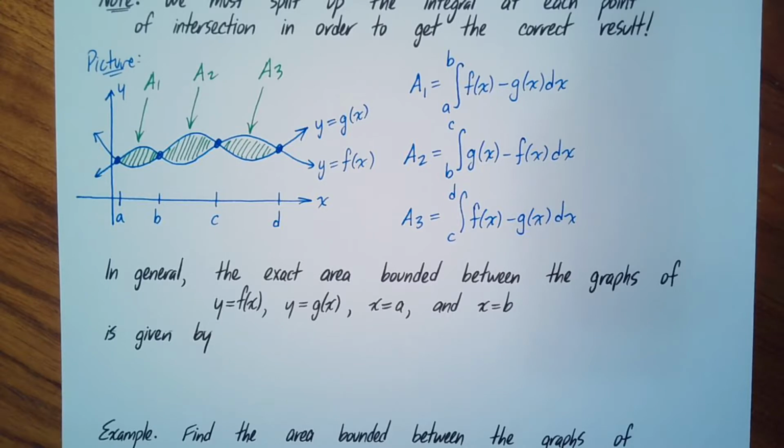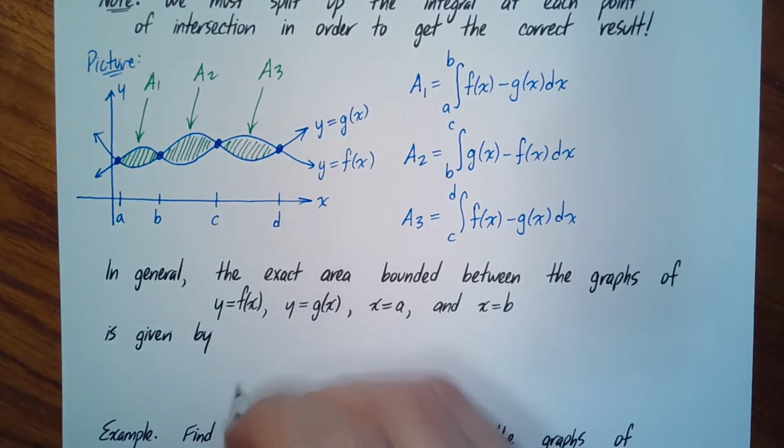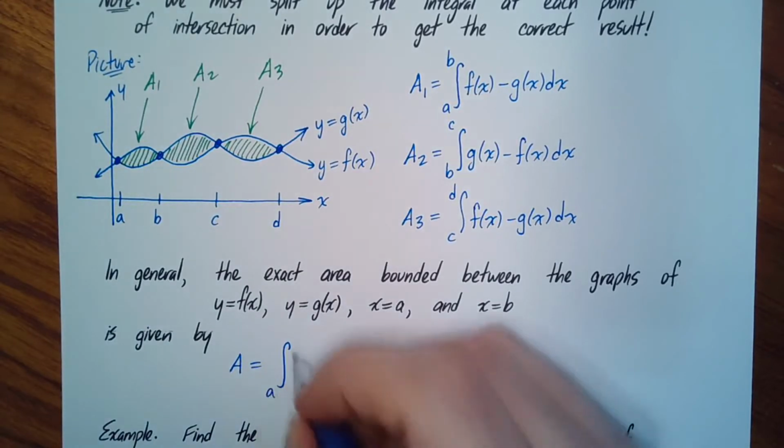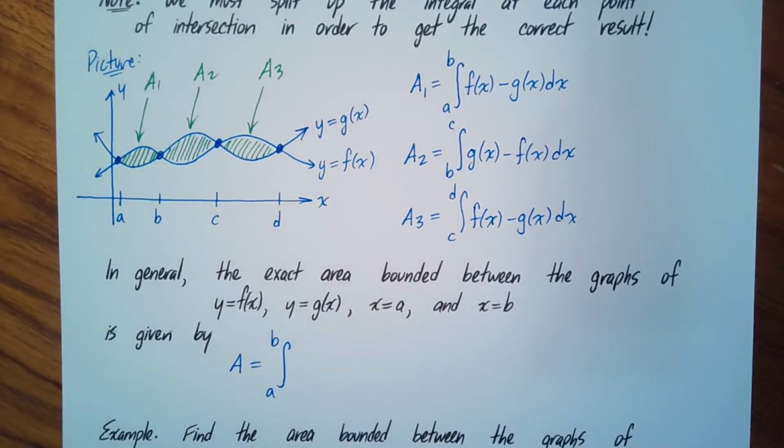But it's not as good as it sounds. It doesn't really save you the work. You still have to do the same amount of work to calculate the area, but at least you can write it down symbolically with a single definite integral. And this is how you would do it. You can write down your area is the definite integral from your endpoint A to B, so area from A to B, and you can just go f of x